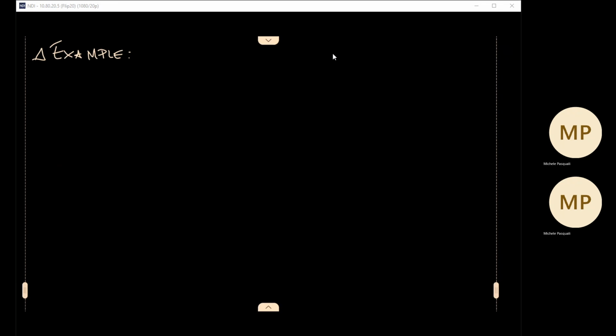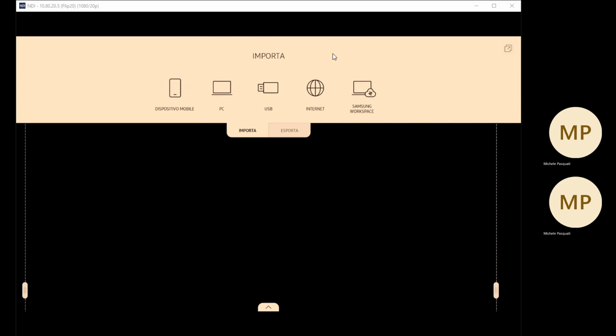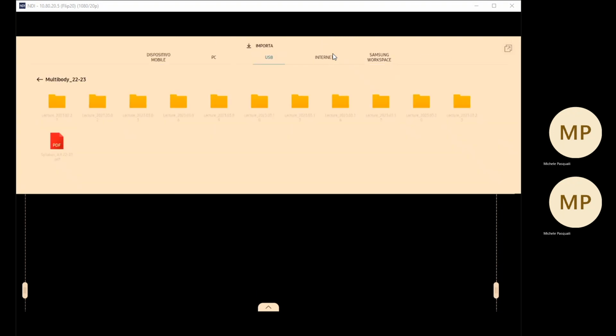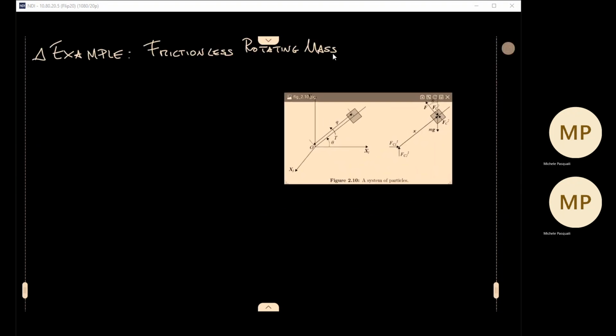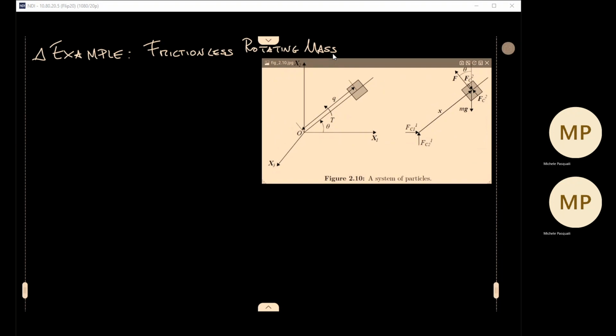Let's take into account the case of a frictionless rotating mass. Okay, let's see if I actually have the picture. I should. Yeah, I do. Here you go. So that I don't have to draw anything, luckily. All right, so you see,